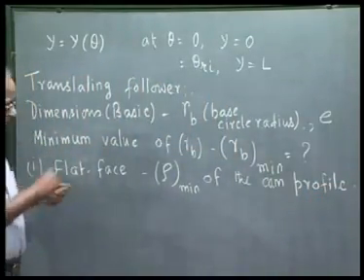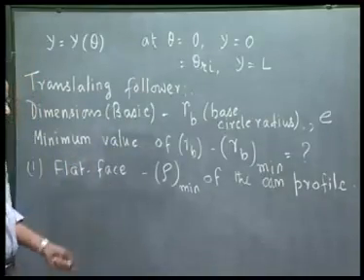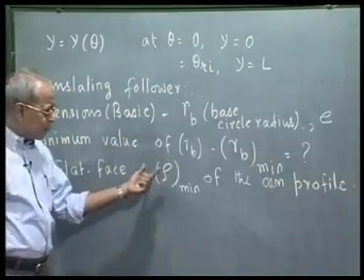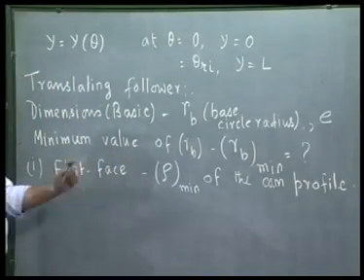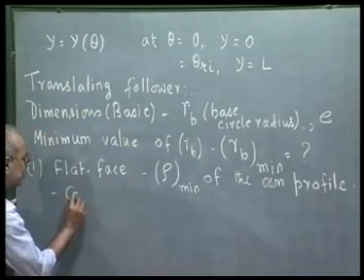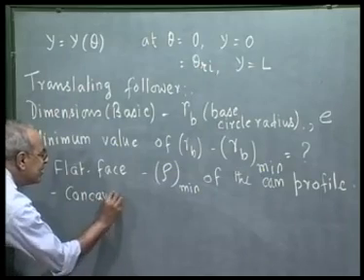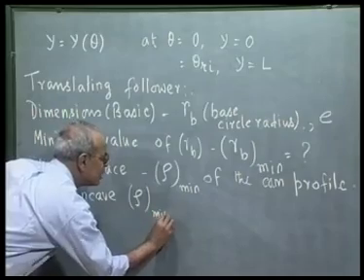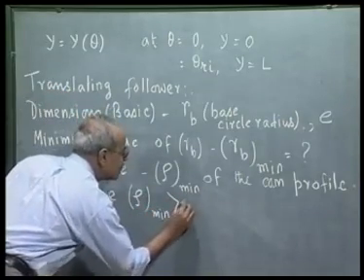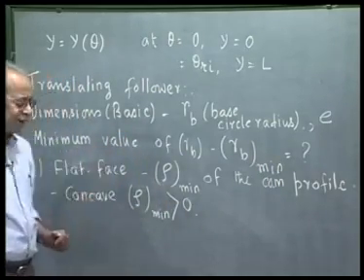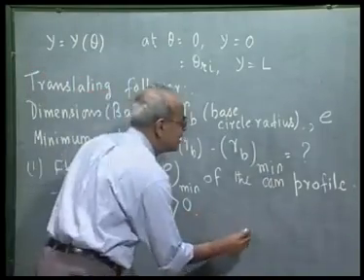The cam curve will have different amount of radius of curvature at different points, but we cannot take the radius of curvature of the cam profile below this value of rho min. For example, for a flat face follower, it is obvious that the cam profile has to be concave, which means rho everywhere must be positive, greater than 0, curvature is positive, so rho min must be greater than 0. That is not all. In fact, just 0 is not sufficient, because as we will see,